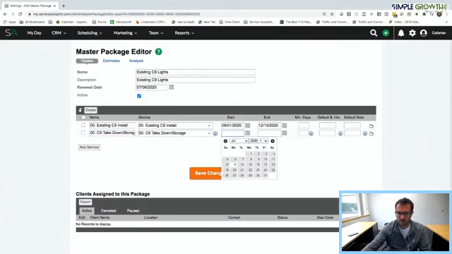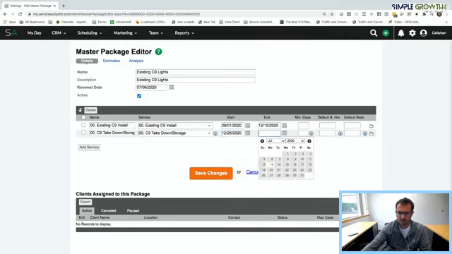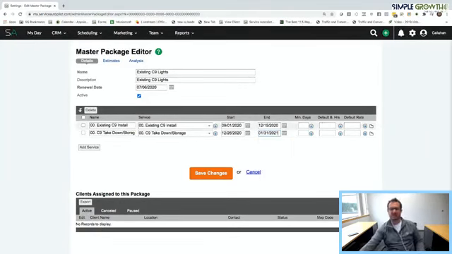And same thing here. We're going to go in and grab the day after Christmas and into 2021. We're going to give them up to January 31st. Minimum days, default budget hours, and default budgeted rate are not really needed. Now, once you have these packages set up, best practice with SimpleGrowth that we recommend here is